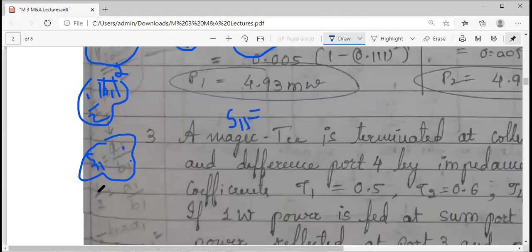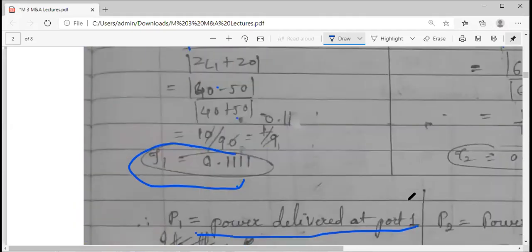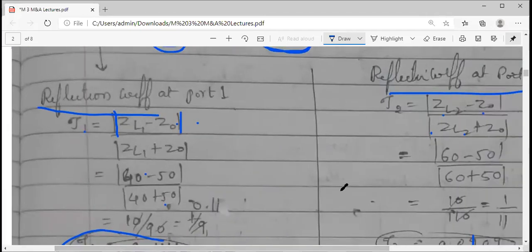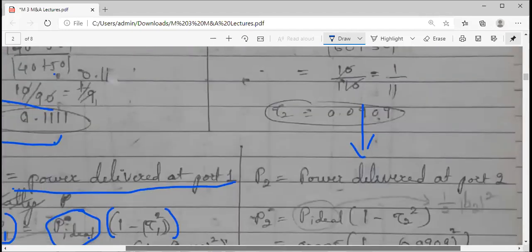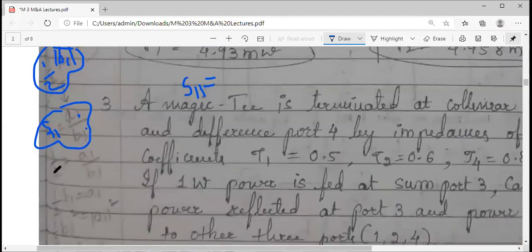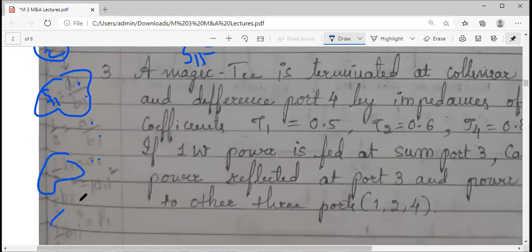And S11, here it is half, right? The first parameter is S11, then it is S12 and so on. So from that matrix, I have taken S11 as half. So half is equal to A1 by B1, or A1 is equal to half into B1. And as now we are talking in terms of powers, not in terms of waves, incident wave and reflected wave, I need to take the squares. A1 square is equal to half B1 square.